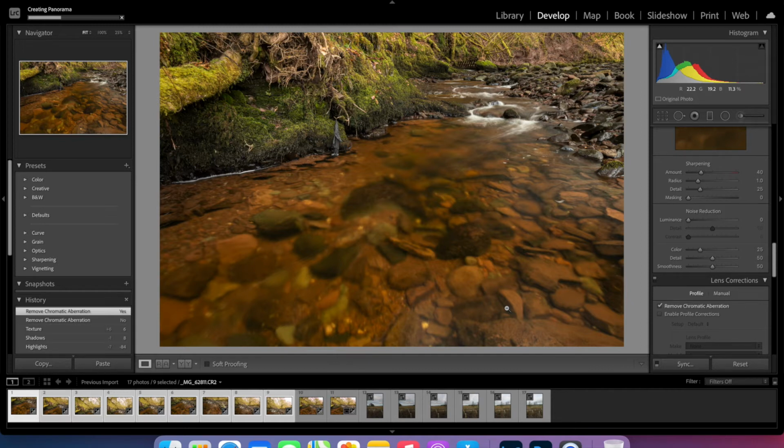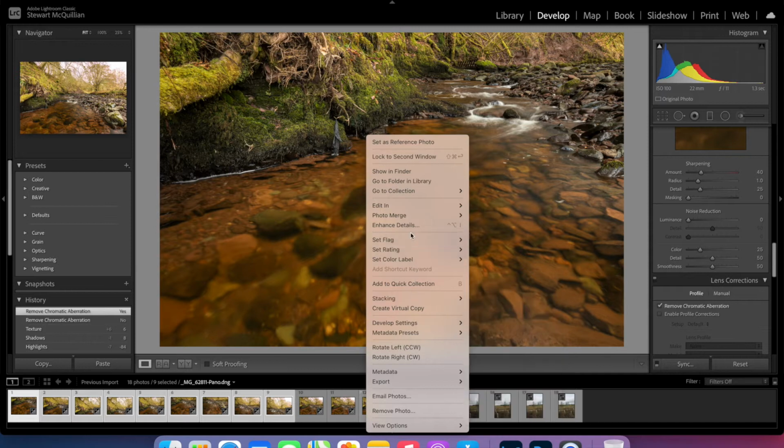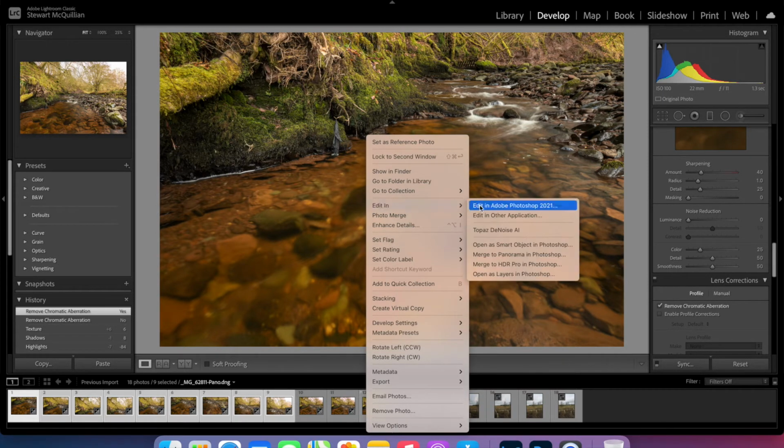So when you do that and you click OK, Lightroom then starts to create a panorama. This will take a few seconds because it's a significantly large file. With those 9 raw files, that'll probably end up being somewhere about 50 or 60 meg, so it's quite a lot of information for it to pull together. And I've just noticed while it's processing, there's a black polythene bag that I've never noticed before sticking on that branch. So we'll take this completed image and put it into Photoshop and remove it there. So if I double click on the finished image and do edit in Photoshop,